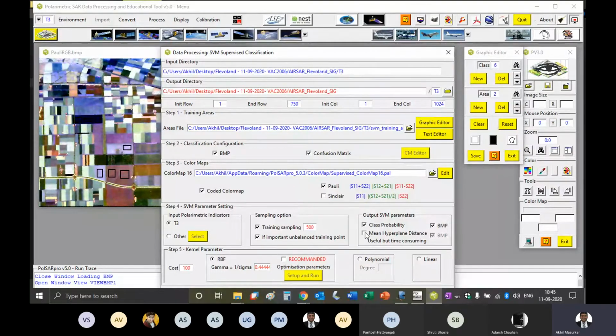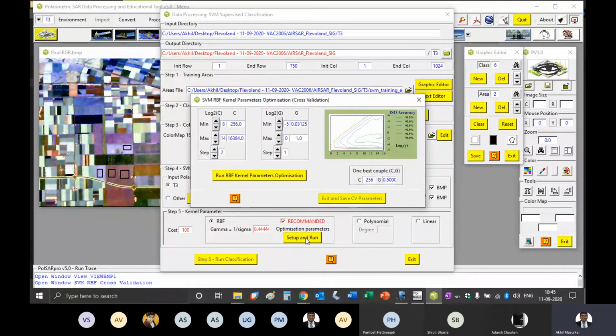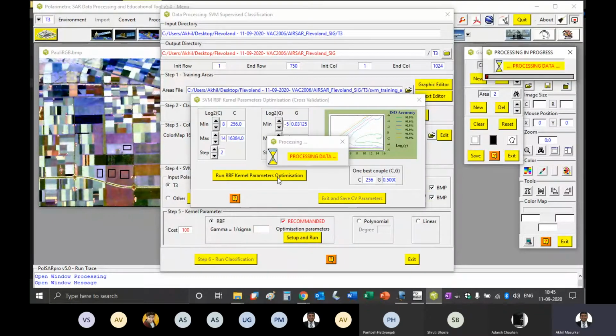When you select class probability and pick these BMPs, and then let's first work with RBF. Let's work with RBF and say setup and run. Tick recommended and say setup and run. And then you say optimize. So it will start the optimization algorithm.